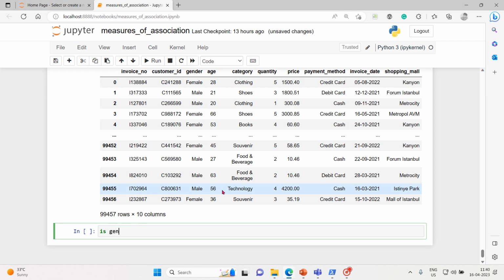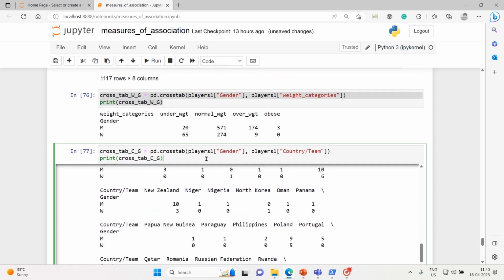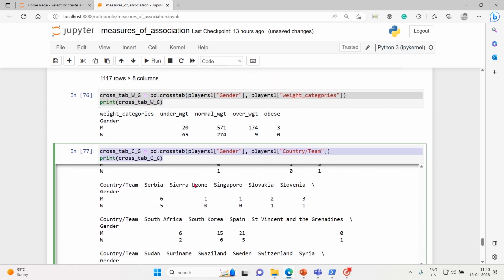Is gender in any way influencing the category of purchase? So let me check the cross tabulation